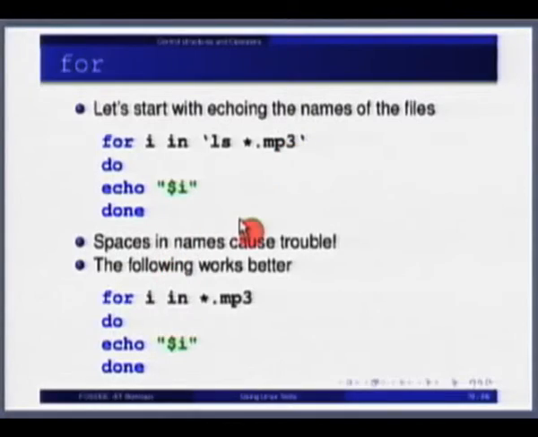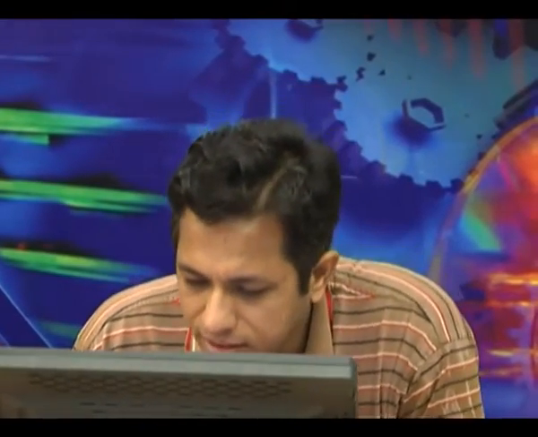What if a space is already there inside some file name? Suppose some file name already has a space, then what do you do? Spaces in names cause trouble, as is written here. So I suggest that you make an example with a space inside the file name, then run this, and notice that it will separate into two separate values of i. The list will not be able to distinguish whether this space separates two entries in that list, or whether that space is part of the name of the entry. So there is going to be some trouble there, because of which luckily this has been suggested